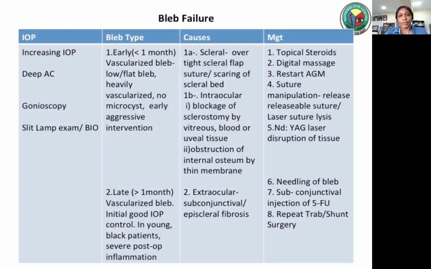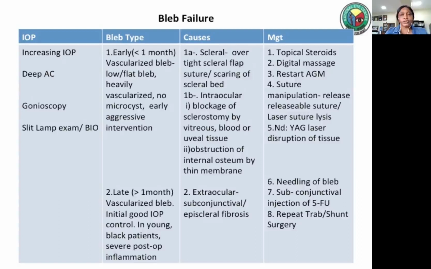Now, it is caused by either the scleral suture being too tight, so there's some scarring occurring along the scleral bed, or it's more interior, so that there's a blockage either at the sclerotomy or even in the internal ostium. At the sclerotomy, it could be blockage by vitreous, blood, uveal tissue, or in the internal ostium by a thin membrane. Now, for all this, the key is early detection and aggressive intervention, because